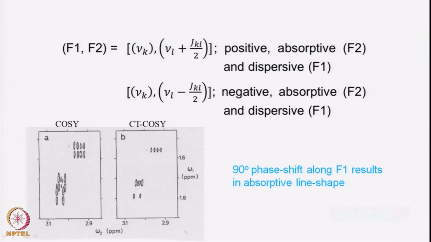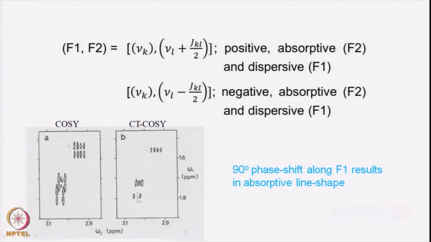So this multiplicity along the F2 dimension remains, so the same 4 peaks are present, but the peak appears at the center here because the chemical shift remains and the coupling is removed along F1. And here there are 2 peaks which are overlapping and those got separated in this constant time COSY. Therefore this one is called omega 1 decoupled COSY. You may call it constant time COSY, but sometimes you can also call it omega 1 decoupled COSY,